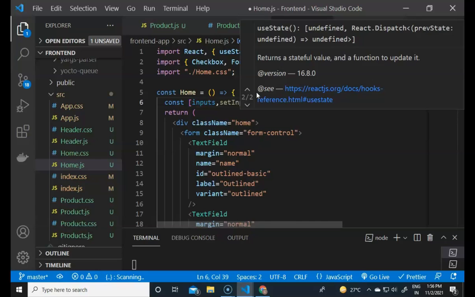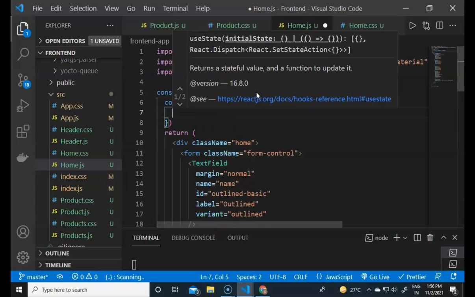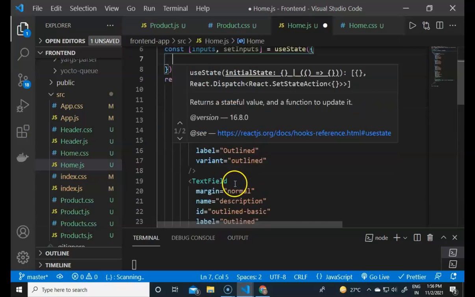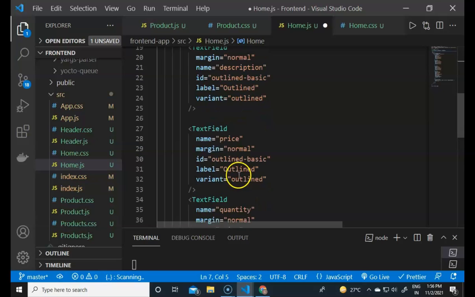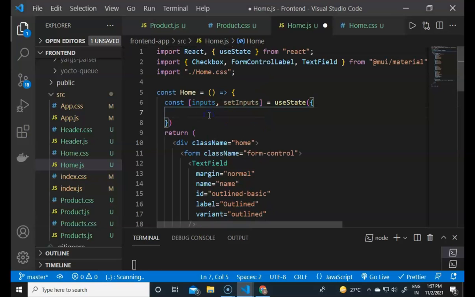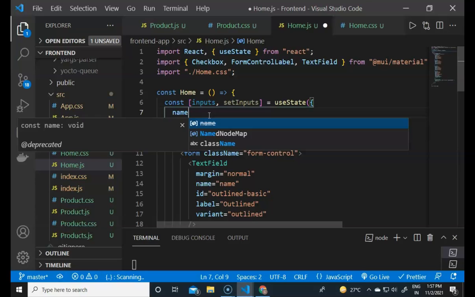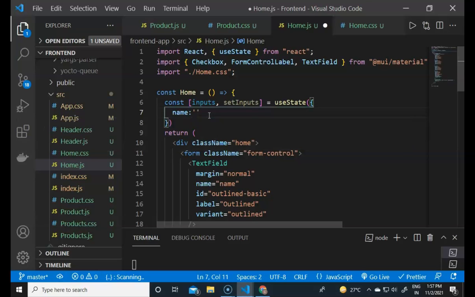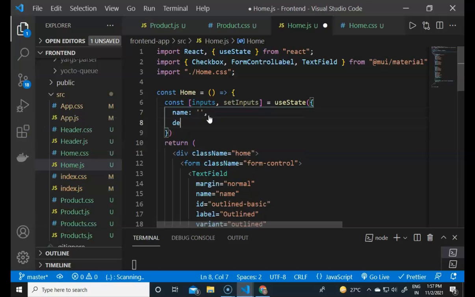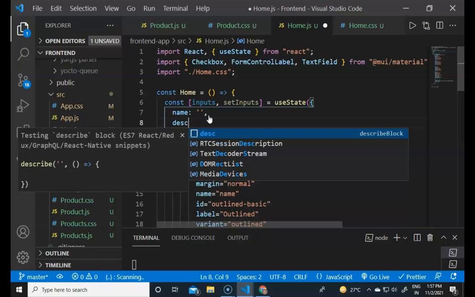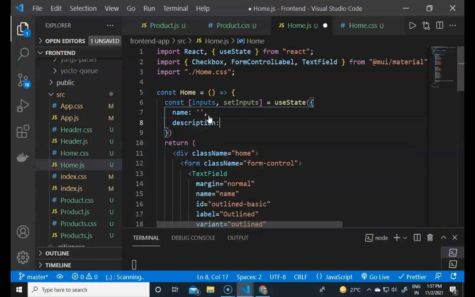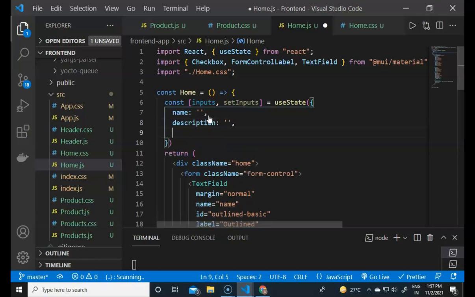Now it will contain an object which will contain all of the properties like the name, the description, the price and all. The name will contain the default value as an empty string. Then the description will also contain an empty default value, and the price will also be an empty string.